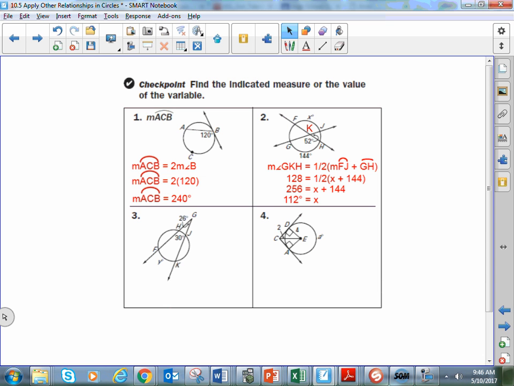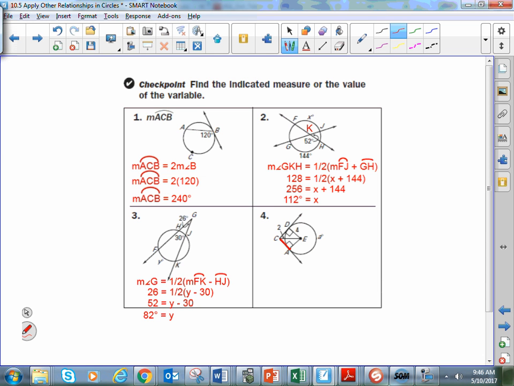Again, find the big arc here in this case. We're going to say the angle outside is equal to half of the difference of the 2 arcs. So solving for y in that case should give you 82 degrees. This one here, I didn't work it exactly the way that they did before, because essentially what I'm looking at is I know that this right here is a right triangle, and we know 2 sides of the right triangle. So what I'm looking at really here,